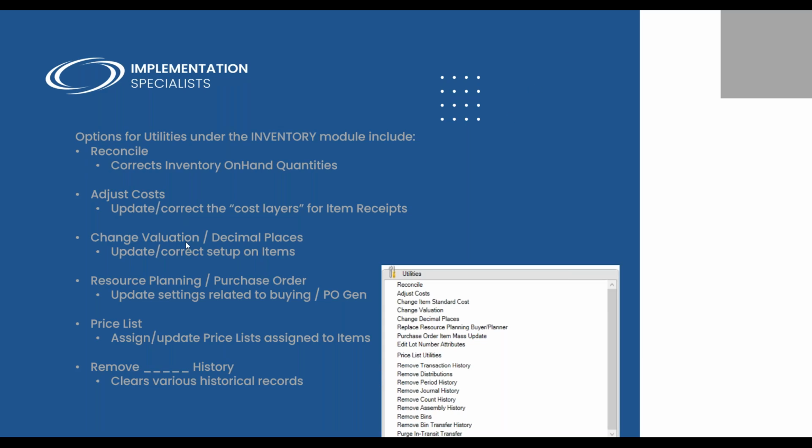You've got the options to change your valuation or your decimal places. You can update or correct the setup on any item. So if you have an item that was set up with the wrong valuation method, or if you want to increase the decimal places on an item, maybe you had previously been tracking that item with whole numbers. You purchase 1 or 2 or 3 at a time, but you decide that actually is an item that we can purchase or sell in partial increments, halves, or even quarters. You can update the decimal places available on that, so you can start purchasing or selling 1.5 or 1.25 of